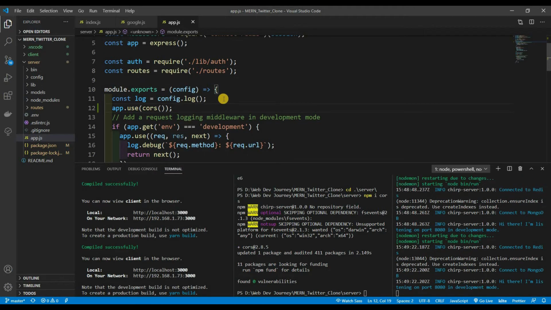All right. Now with CORS, you do need to do a little bit more configuration. The reason why is because we're using cookies. I'm just letting you know this ahead of time. I'm not going to do it right now because I want you to see what's going to happen if we don't have these